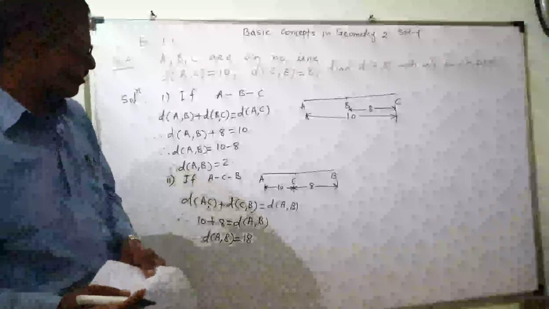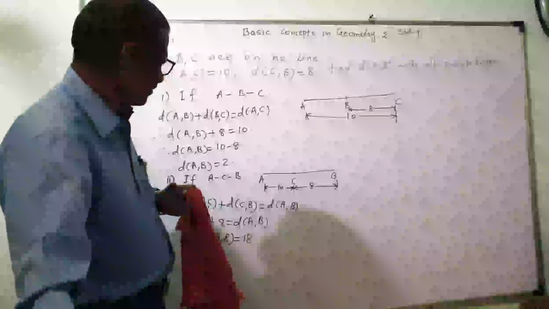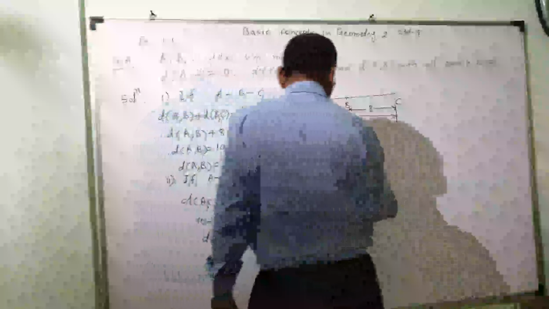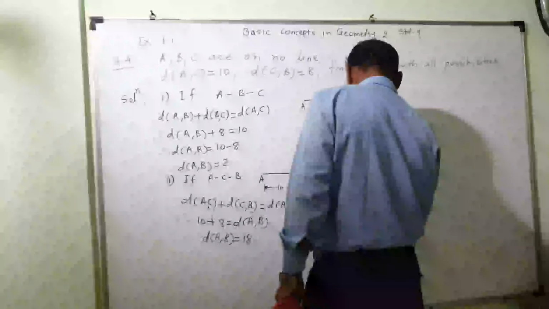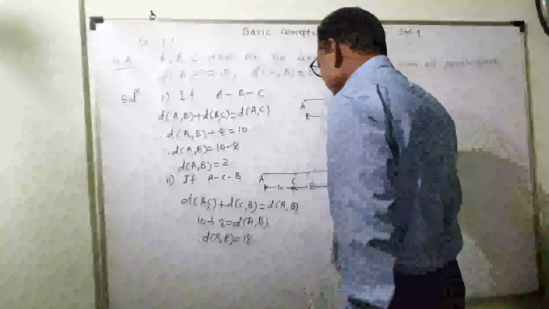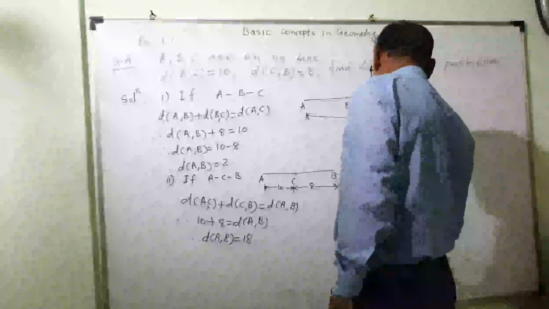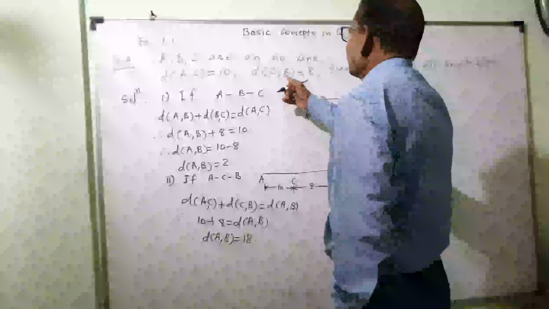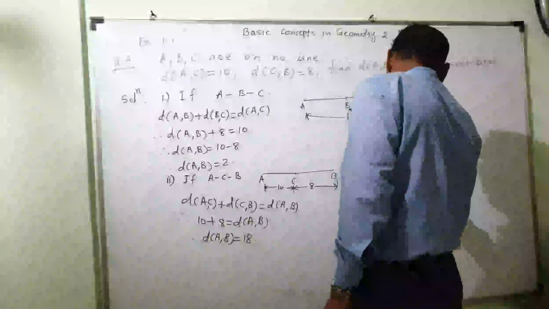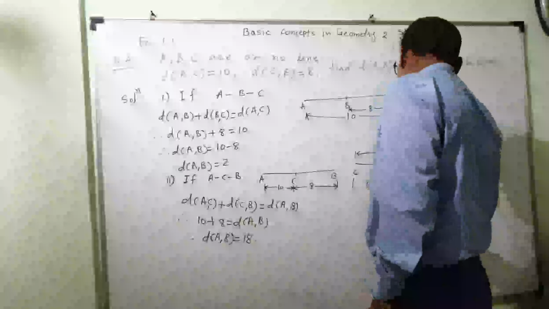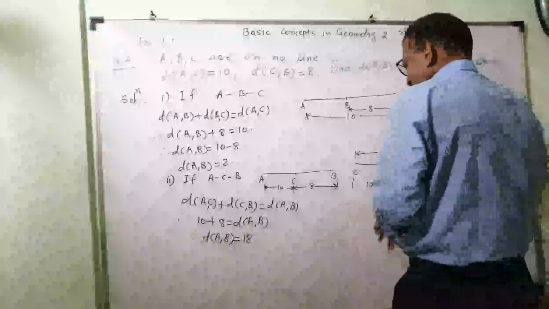These are the two cases we have seen. If A is in between, like this, A is in between, here B, here C. Then AC is how much given? AC is given to be 10. CB, C to B, this is 8. This is 10 and this is 8. This is not possible. So, these two cases we have studied and these will be your answers.